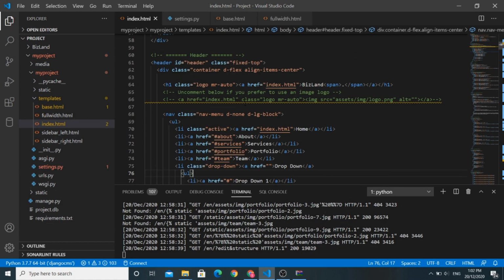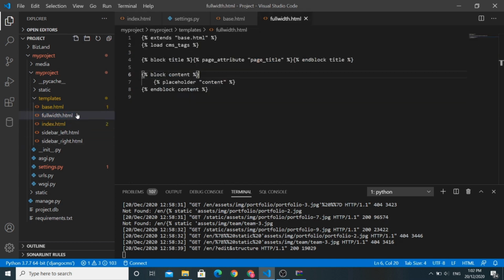So we want to change the title of our website. For that, we would like to fetch the title of our page from the default Django CMS tags. Let's check it in the default template. Here you can see that this tag page attributes is here. And from this page attributes tag, we can fetch the page title information.